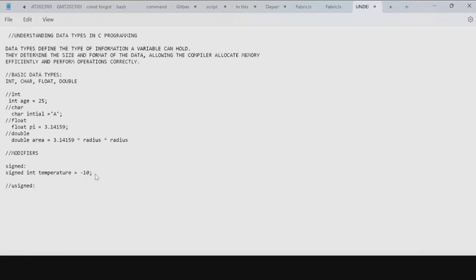The unsigned keyword restricts the integer type to store only non-negative values, effectively doubling the range of positive numbers it can hold compared to a signed integer of the same size. Now, for example,